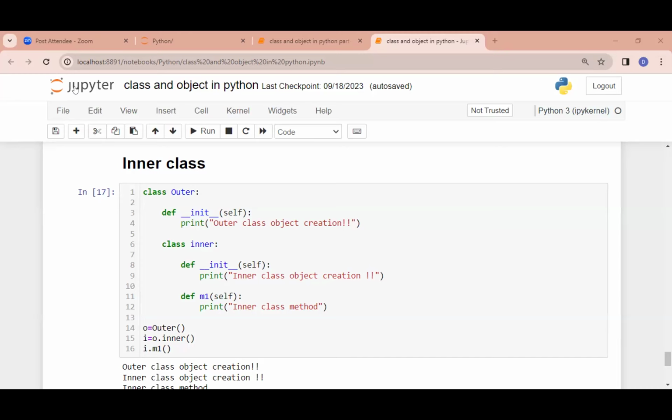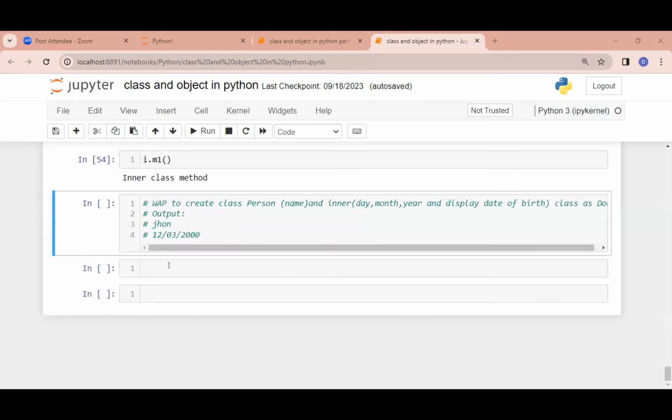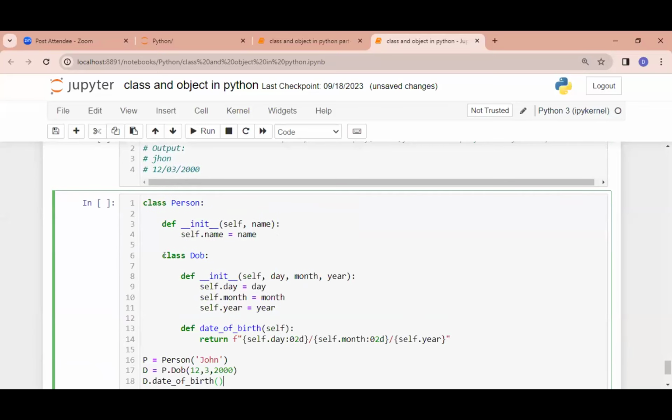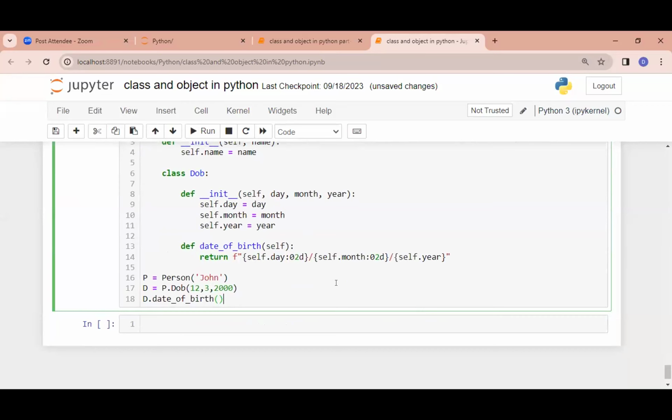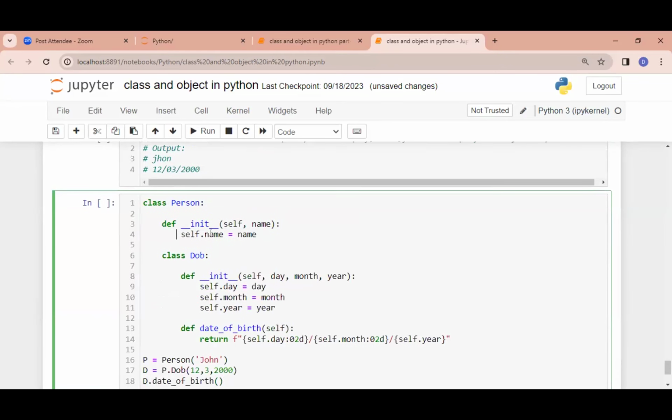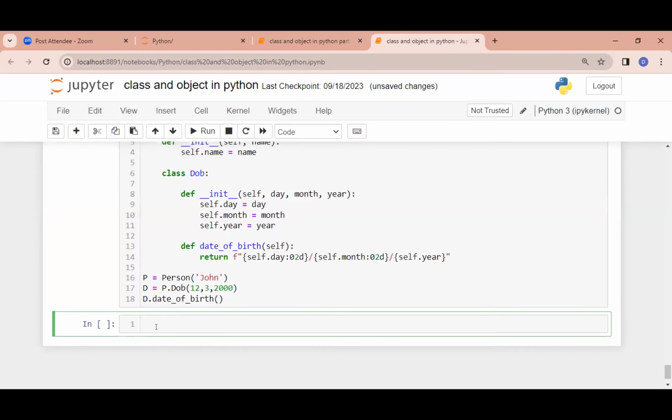Prem, can you tell me, in my code, when I run it, I'm getting only the date of birth. The name is not displaying. In the class Person you are defining it, because you are not printing the name anywhere. Your instance variable is loading. When you check the object, what is the object? V dot, when you press tab,